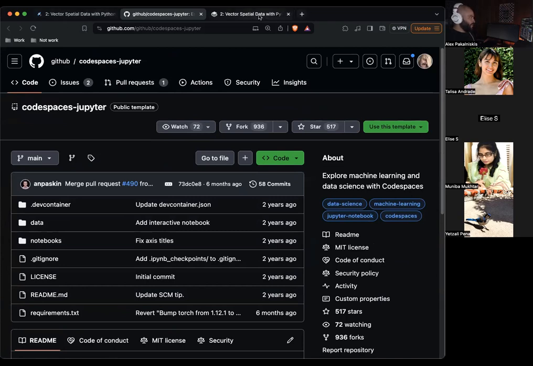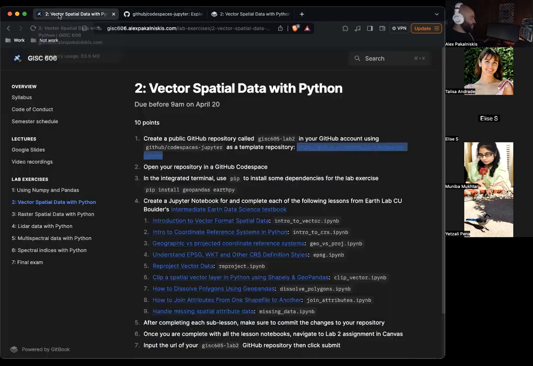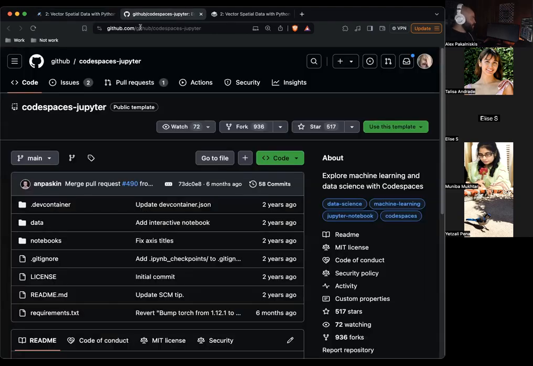I'm going to copy the name so I don't mess it up with a typo. I've noticed that this is easier for most people. So I'm just copy pasting that GISC 605-lab2. And then let's use this as a template, create a new repository.